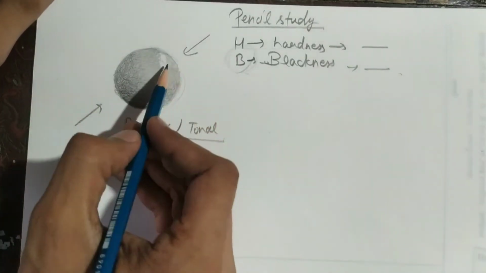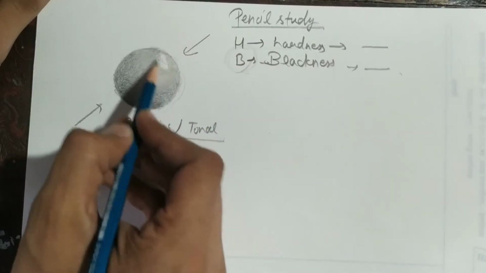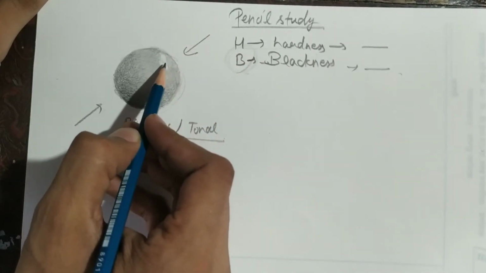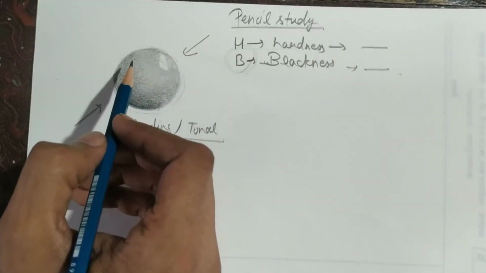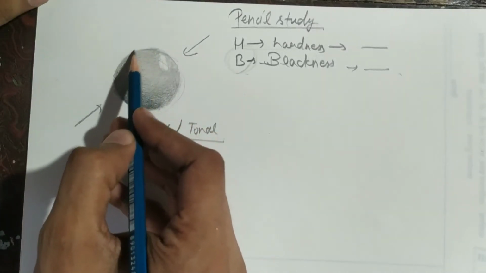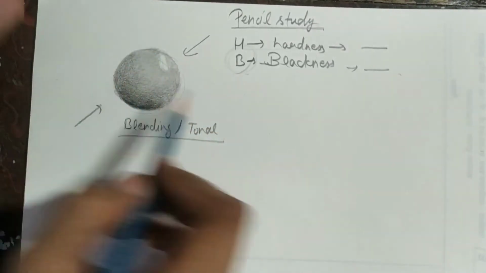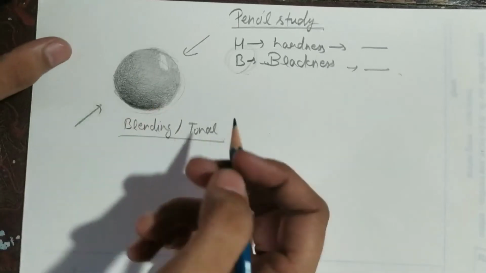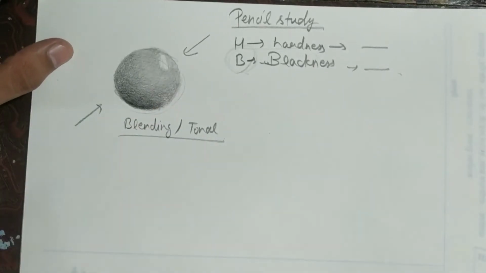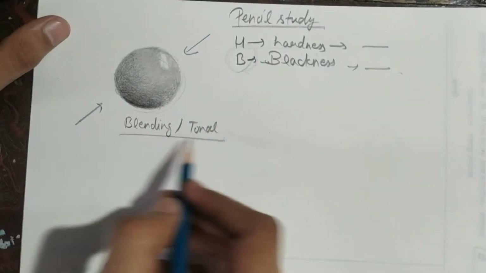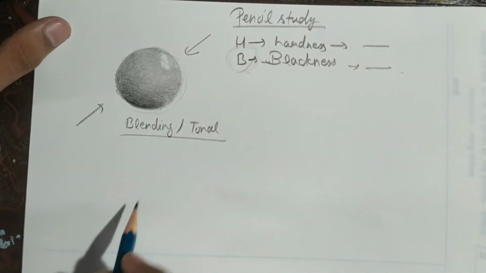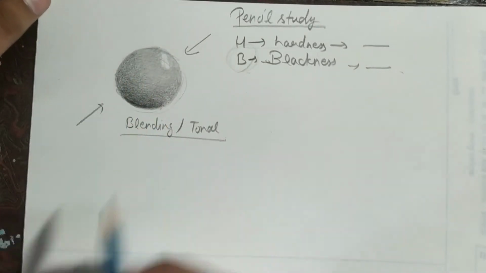I have skipped this area. Remember, you're not allowed to create any line or any kind of shape over here. Okay, it should be merged with the shades, and very importantly, the outline is not visible, because this is a realistic drawing. In realistic shading, we will not do any kind of outline. So this is the blending technique, tonal. Okay, it is very important to know.